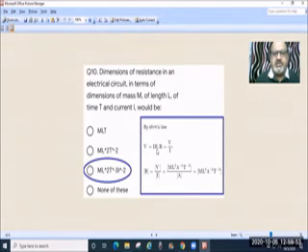V is the potential difference between the terminals of the conductor, that is voltage. So V is equal to I into R, R is equal to V by I. This is the dimensional formula of potential and this is the dimensional formula of current. We solve and we get this, and this matches with the third option. Here I is current. In place of I, the question can be designed using capital A also. So this is the right answer.